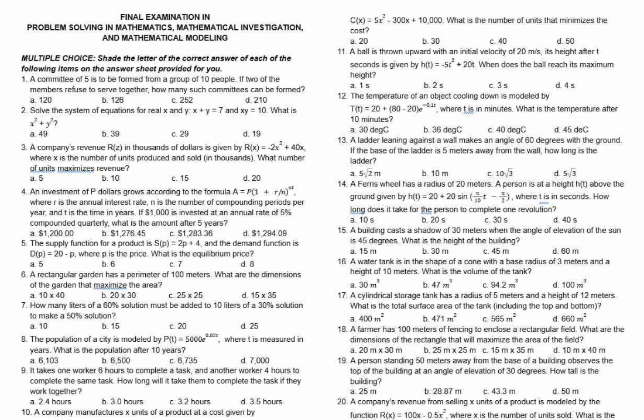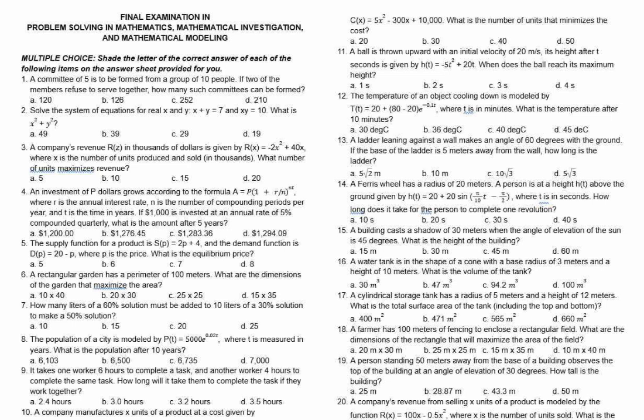So we have to use the formula. So revenue is to be maximized at the vertex of the parabola, since the quadratic has a negative coefficient of -2. So the formula of the x coordinate of the vertex is x is equal to negative b over 2a, where a is -2 and b is 40, so it will be 10. So the maximum revenue, of course, is when x is 10, so the answer is letter B, 10.